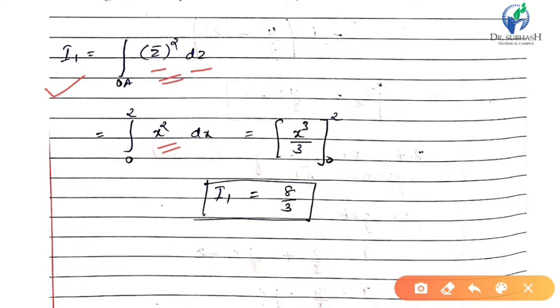And dz is equal to dx plus i dy. So dy was 0, so dz equals dx. Since my whole function is in terms of x, my limit will also be in terms of x. So the starting point of my path OA was from 0 to 2. So I am putting here from 0 to 2. I will simply integrate this. x square will be x cube by 3, and I am putting here limit 0 to 2. By putting upper limit minus lower limit, I get I1 equal to 8 by 3.